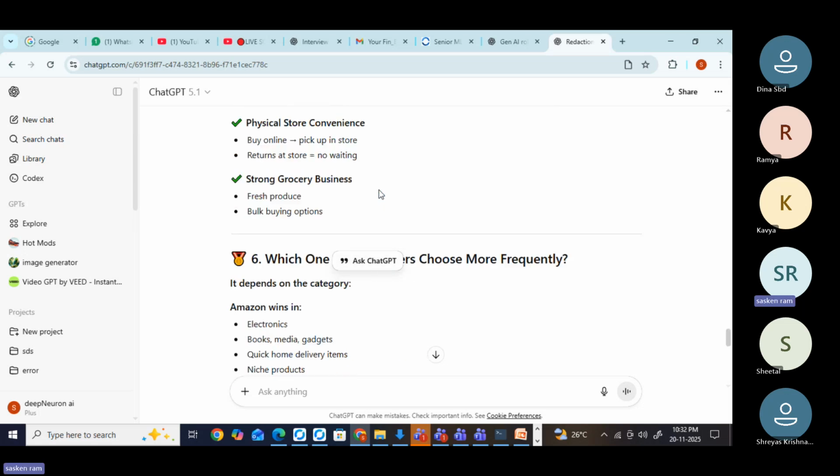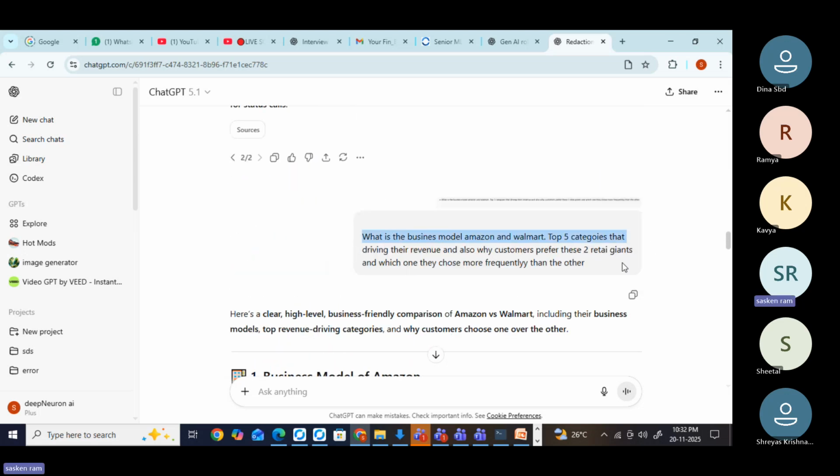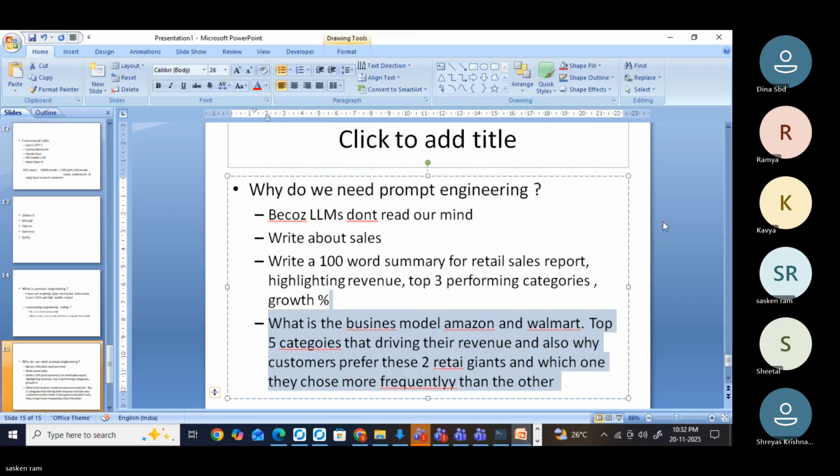So here I have given this instruction. This is nothing but a prompt, giving the right information with a clear structured format, right? You can get the correct answer. Okay. So what is a good prompt and a bad prompt? This is a bad prompt. The below one is the good prompt. This one, and these are the examples of a good prompt, because your instructions are very clear and very specific.